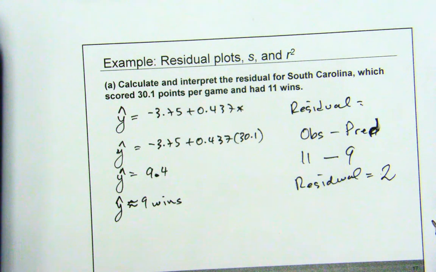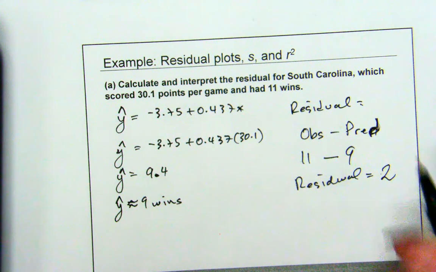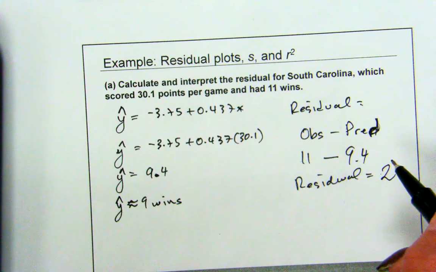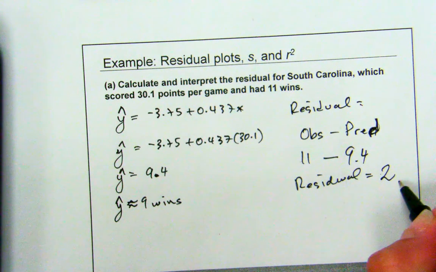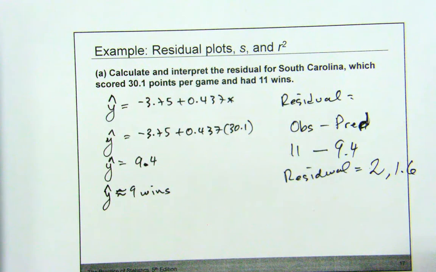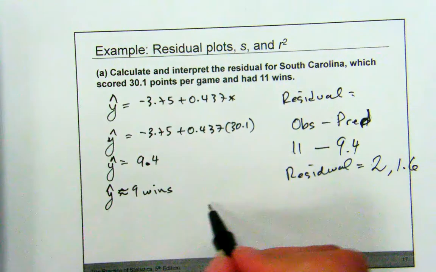As a final answer, I guess they did 9.4. I don't really like 9.4. But if you really want 9.4, you can do that, and then you get 1.6. So I guess you can decide which one you want to pick. But it doesn't make any sense to me to have 0.4 of a win. So, South Carolina